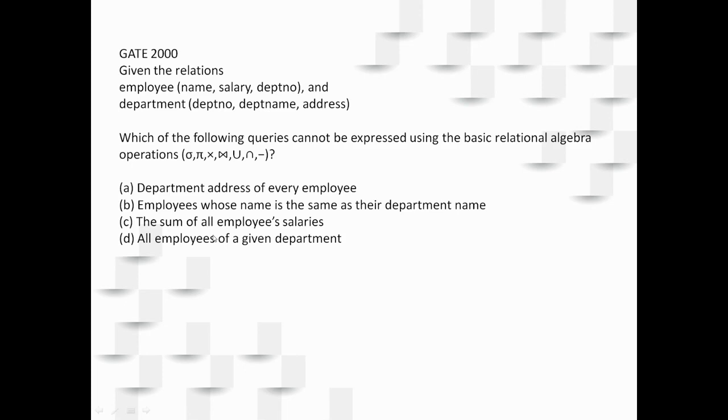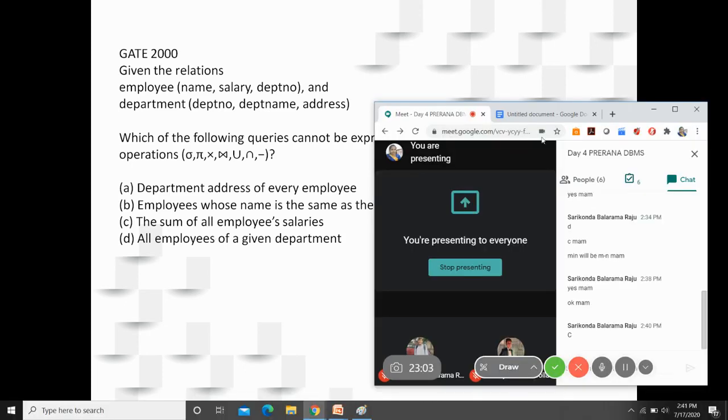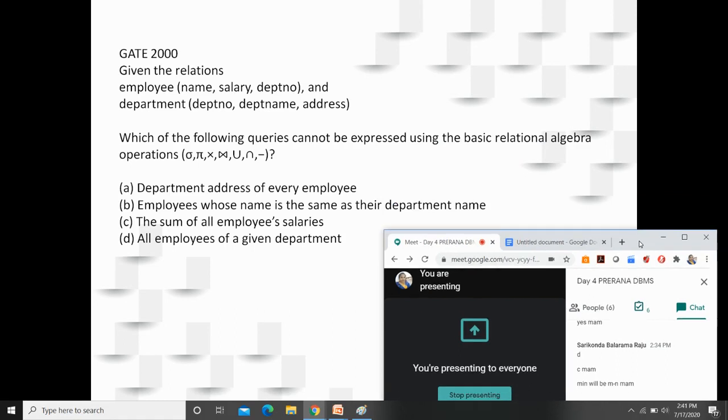The next question. Please observe carefully. You are given two tables and these are the basic relational algebraic operations that we have. So using these algebraic operations, which of the following cannot be expressed?